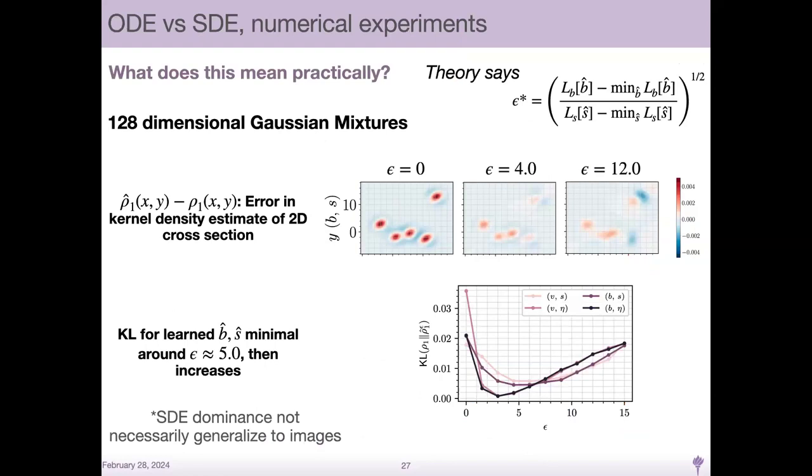We did a little experiment just to verify that this is the case. If you imagine trying to estimate a Gaussian mixture in high dimensions, a 128-dimensional Gaussian mixture model, we can solve these equations exactly there, so we can compare to the ground truth. Just look at this plot: this is KL versus the level of noise that we're adding into the stochastic dynamics. Basically, as you approach some critical value, the KL is minimized to its greatest extent using the stochastic dynamics as compared to if you were just trying to do this with a deterministic flow. Okay.